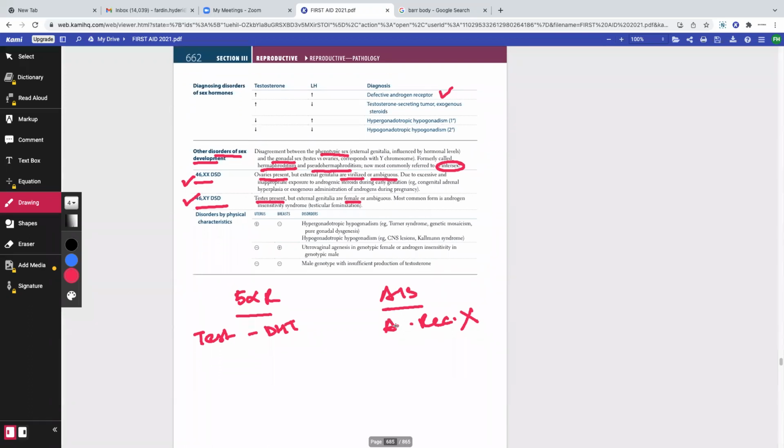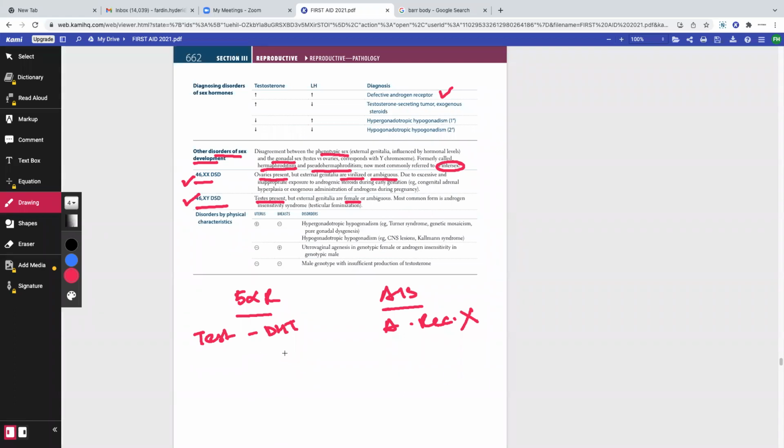Now, the question is, both of them, 5-alpha reductase deficiency and androgen insensitivity, do they have testes or do they have ovaries? Do they have testes or ovaries? Very good. They have testes. So if they have testes, will they have normal menstruation? These phenotypically appearing females who are actually males, will they have menstruation? The answer is no. So can we expect these females to come to your clinic with primary amenorrhea? The answer is yes. Okay.